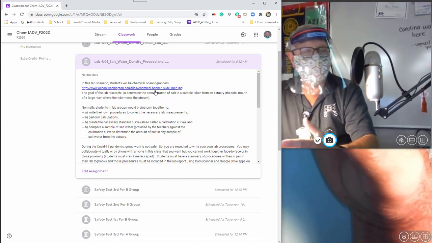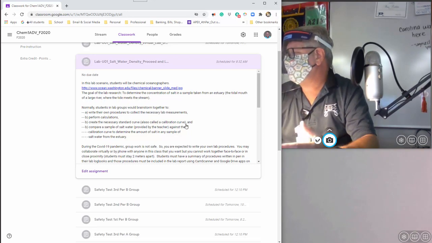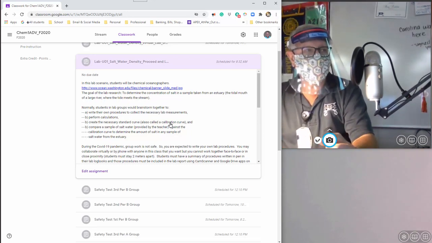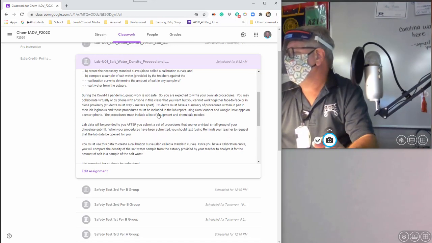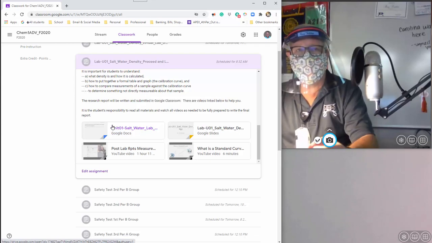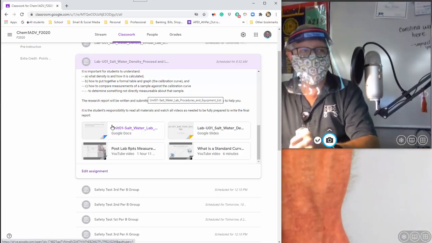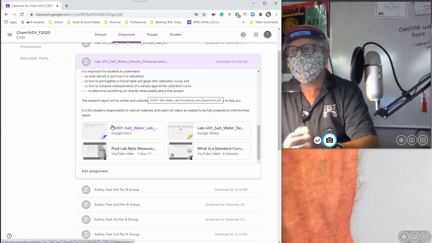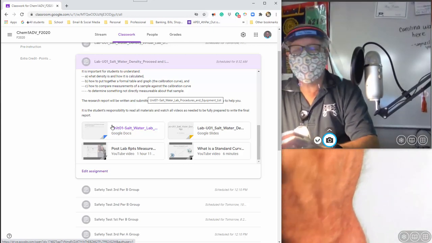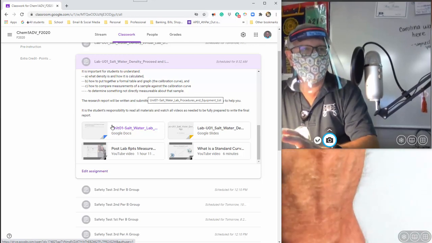So most of the lab work you can do during this class period, or you can do at home, okay? And then there are some assignments that have to be done before I give you the data you need for your lab. So I'll show you here. This document right here is where you're going to use your lab logbook. You're going to write out a set of procedures based on the description. But you are deciding what your procedures are going to be.